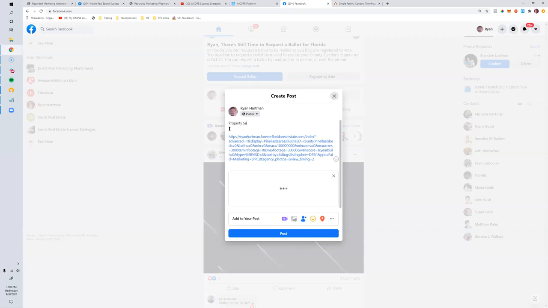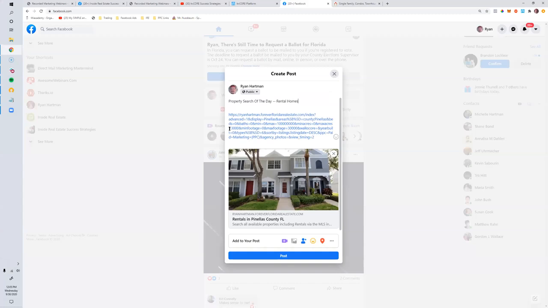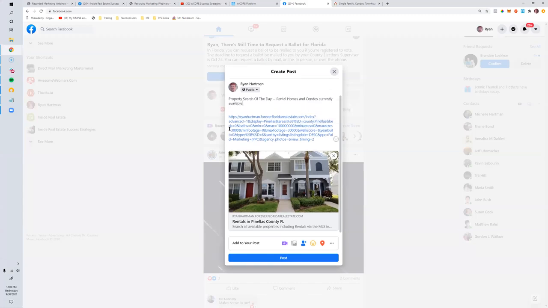Property search of the day. Rental homes and condos currently available for lease in Pinellas County.